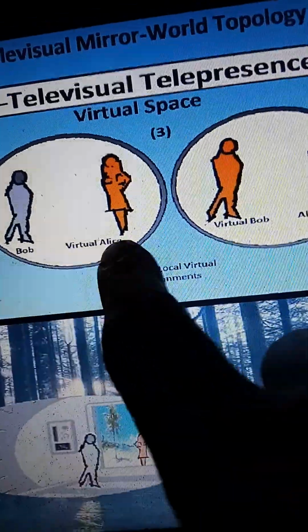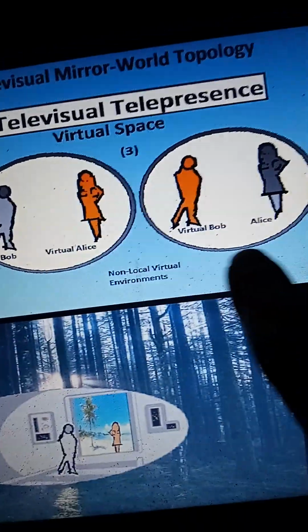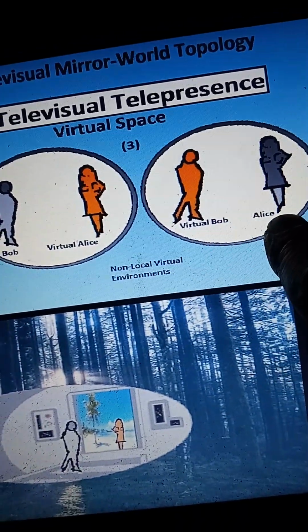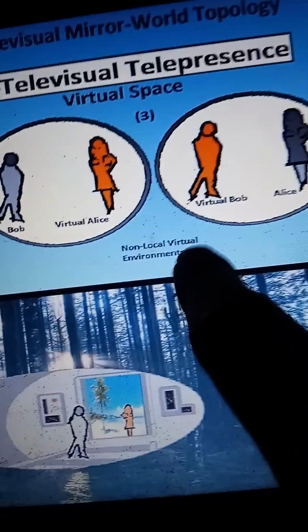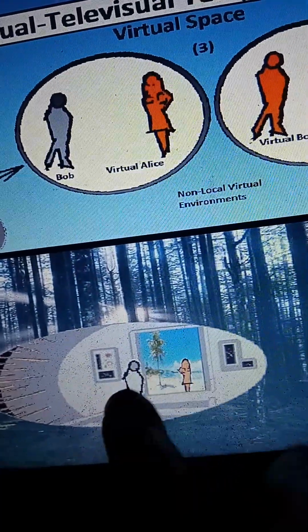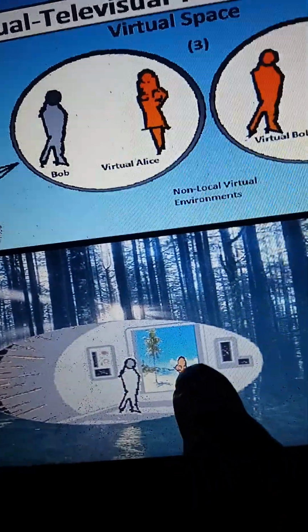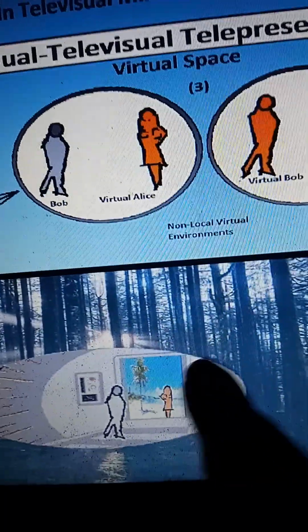This is Bob, this is virtual Alice in one holodeck. This is virtual Bob, and this is Alice in her holodeck. Non-local environments. You can see an image of him walking into hers or something like that. It's probably a little bit more romanticized, I guess, but